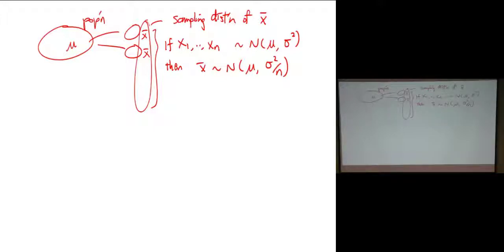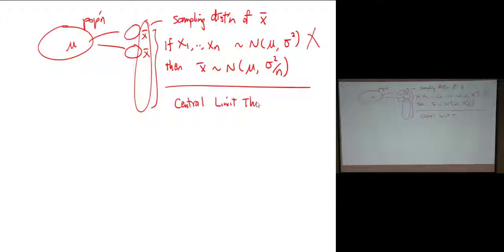All right? But what happens if we don't have these conditions? That means we don't know whether the given population x1, x2 up to xn follows a normal distribution or not. Then how does the x bar, the sample mean, behave? Or in other words, what is the sampling distribution of x bar? So thanks to the central limit theorem,